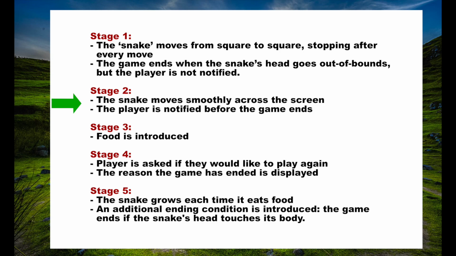In stage 2, the snake will move smoothly across the screen, and the player will be notified before the game ends. In stage 3, food is introduced. In stage 4, the player is asked if they would like to play again. Also, the reason for the game ending will be displayed, so for instance, if the snake goes out of bounds. And in stage 5, the snake will grow each time it eats food. Because of this, an additional ending condition will be introduced, so the game will end if the snake's head touches